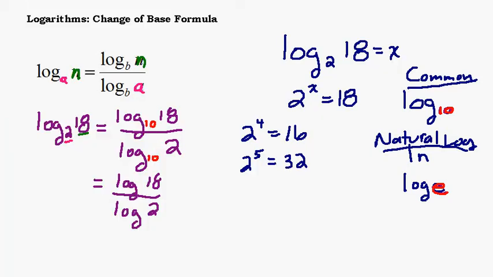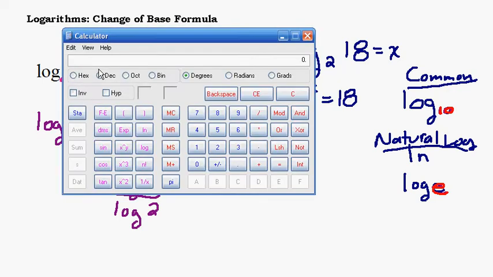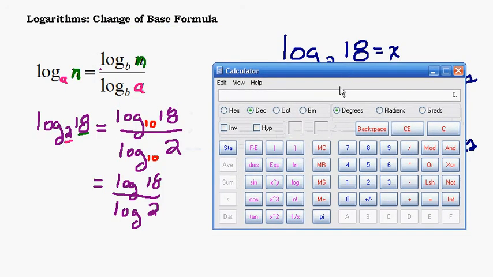Okay, there's our calculator. Edit, view, scientific. Okay, so here's my log button right here. On this calculator, and yours may be different, probably a nicer one than this one, I can punch in 18 and log. So there's the log of 18. Now I want to divide that by the log of 2, so I'm going to hit divide, 2, log. Now that's the log of 2. That's not my answer. I still have to hit equals. And I get